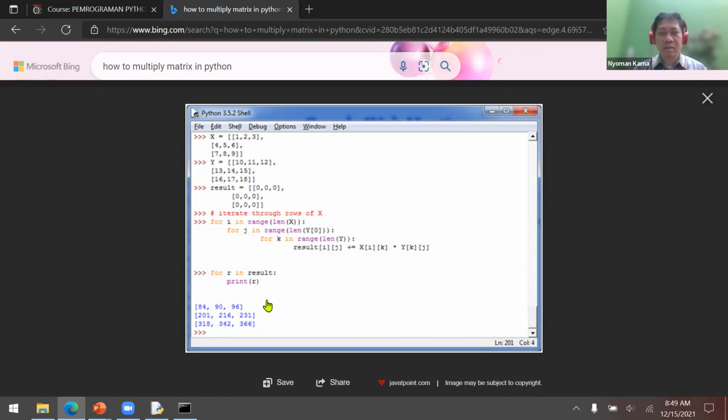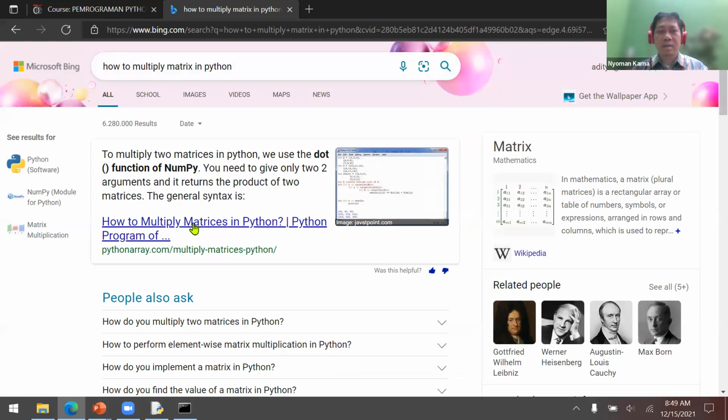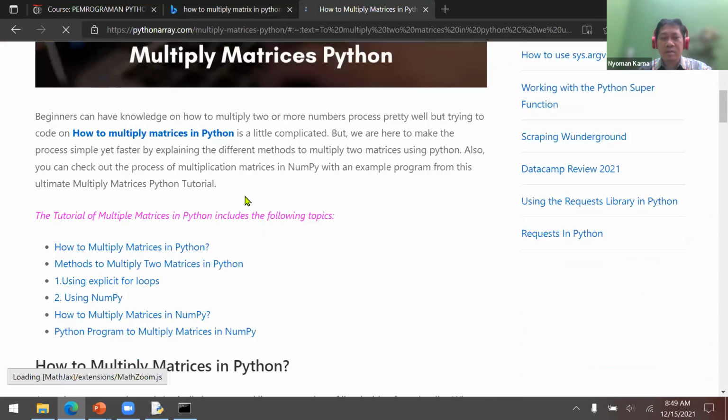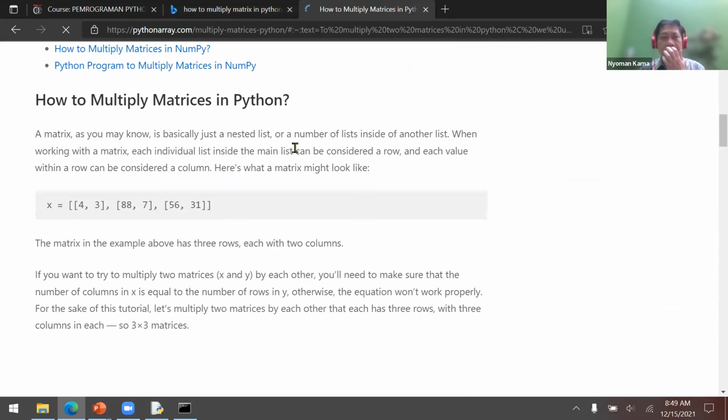Where is it? No, this is not the one, because that's the basic Python, multiplying one by one.